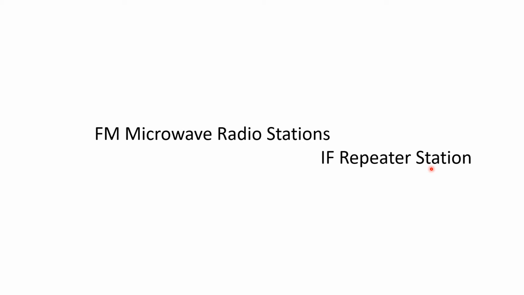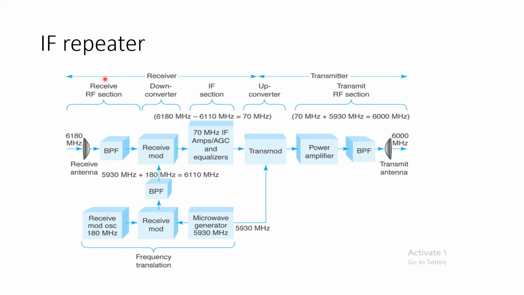So in this we can see the block diagram of the IF repeater station. The incoming RF is down converted to IF, further up converted to RF and then transmitted. So this shows a typical block diagram of an IF repeater. Now we know always for a repeater the incoming signal will be RF and the outgoing signal will also be RF. So if it is an IF repeater, in between reception and transmission, it has to be down converted and processed at the IF level.